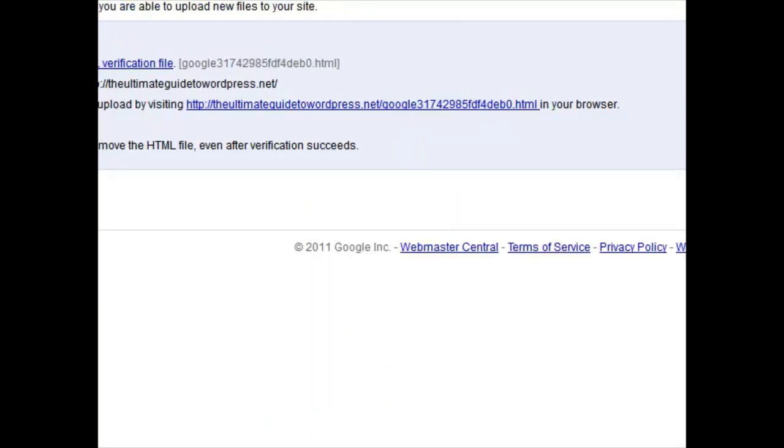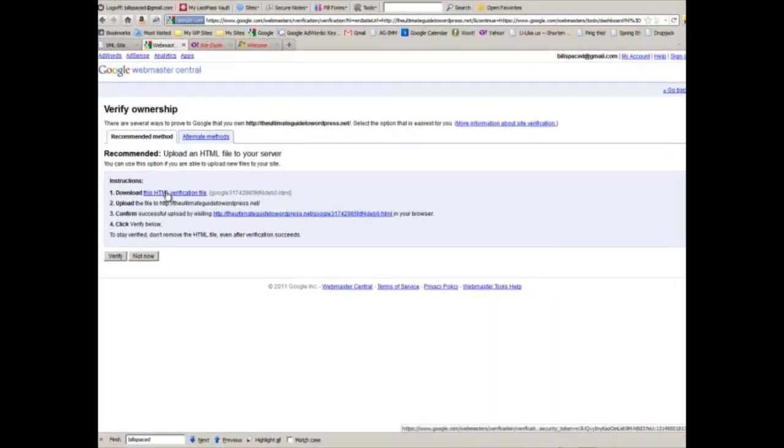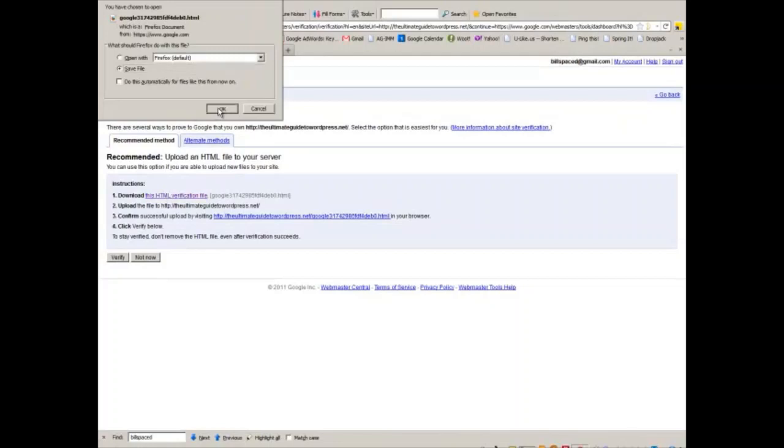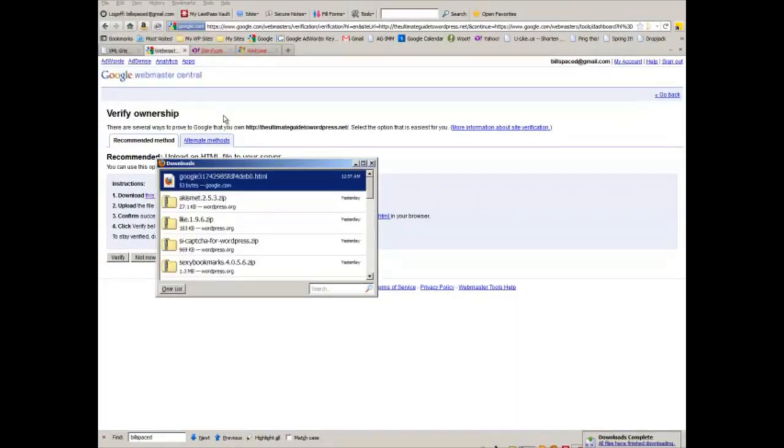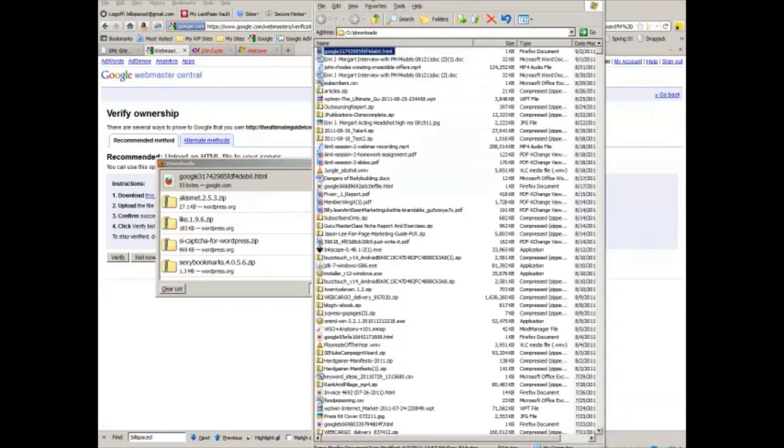Now follow these instructions. You need to download this HTML verification file. Once that's downloaded, go get it, put that over here, go to your FTP client, and you need to put it in the root. Just drag it over here,